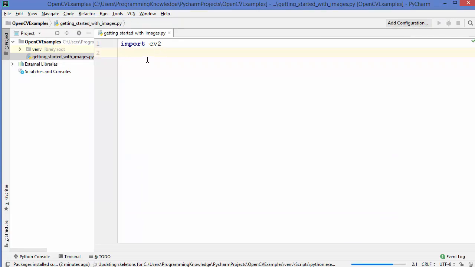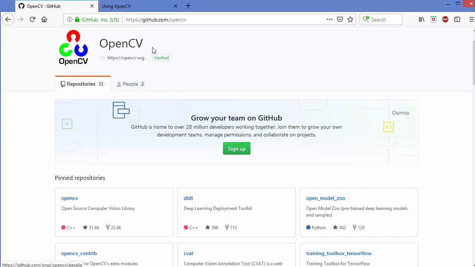Python script. Now in this video, I'm going to show you how you can read images and write images using the cv2 package. Let me show you where you can find some sample images for your project. You can open the browser and go to this URL, github.com/opencv.